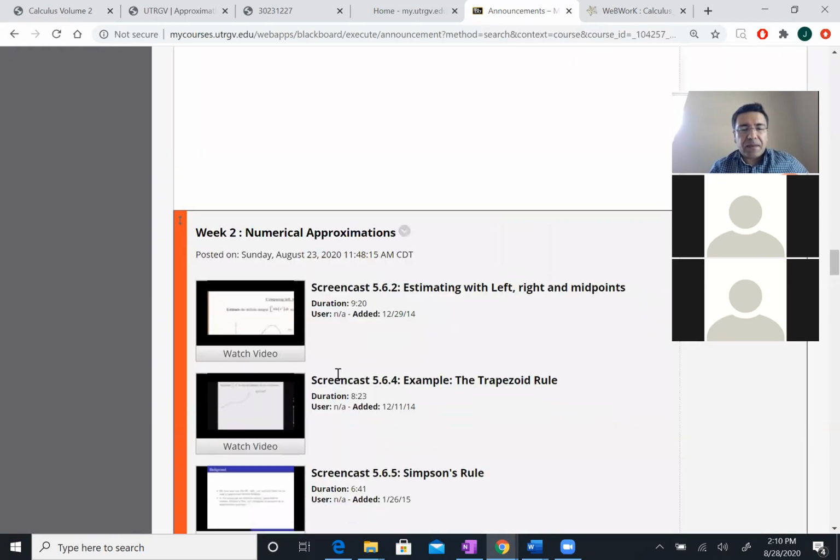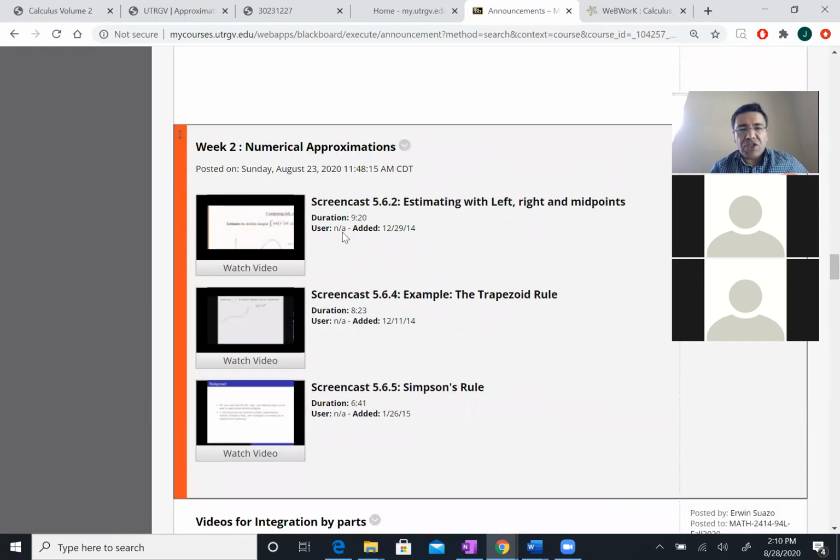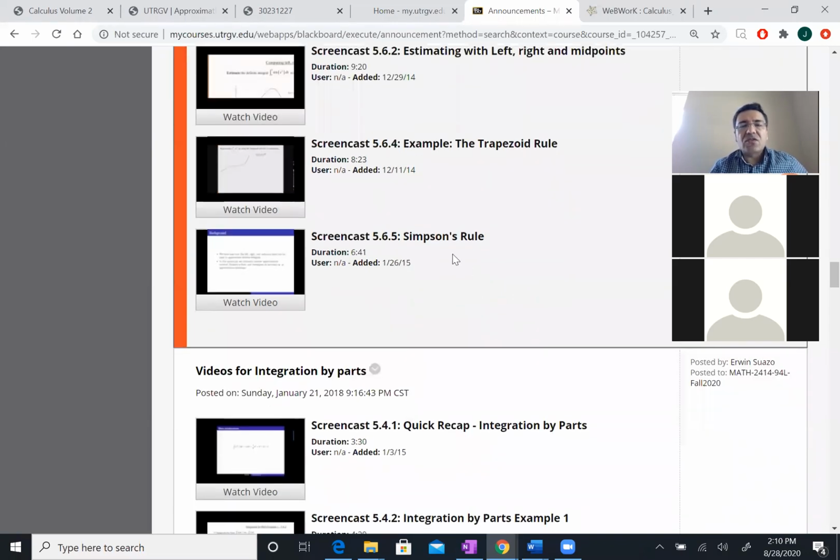And then now you have numerical approximation, week 2, that's what we did. Left, right, and midpoints. So I'm gonna do midpoints today. Trapezoid, we're gonna do that today, but you also have it in this video, but I'm gonna do it today. Simpson rule, I was forgetting that one. I don't think I'm gonna be able to do Simpson rule today. I didn't see it in this new book